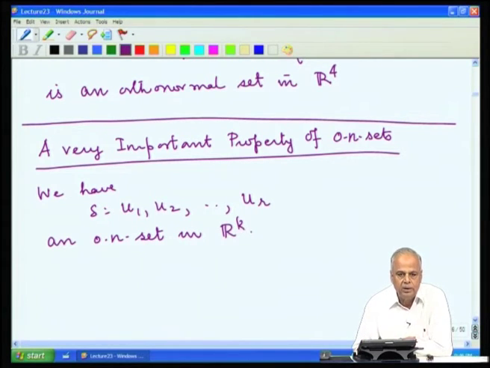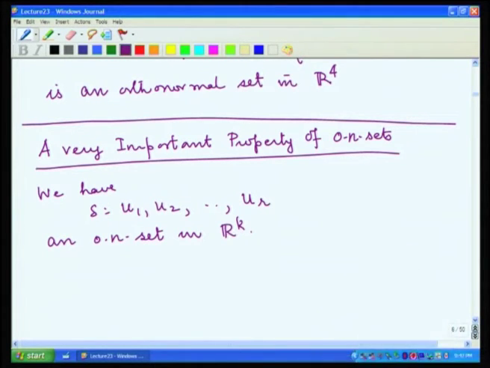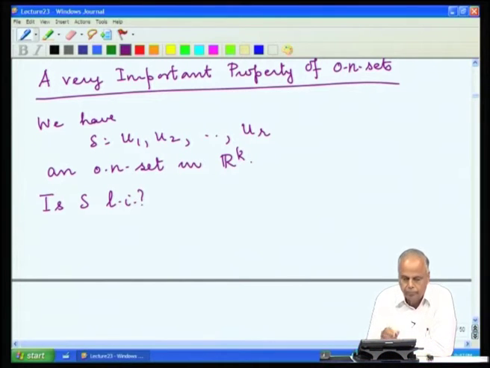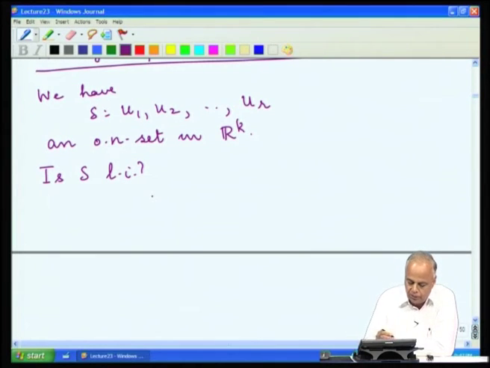Whenever we have a set of vectors in R^k, the first thing we investigate is whether this set is linearly independent or not. Whenever you get a set of vectors, we always first look at whether it is linearly independent or linearly dependent. If it is linearly dependent, there is a lot of redundant information, we would like to throw it out. So, first we check whether S is linearly independent. For this, we must check whether a linear combination of these u1, u2, ..., ur, when it is the 0 vector, forces all the coefficients to be 0.